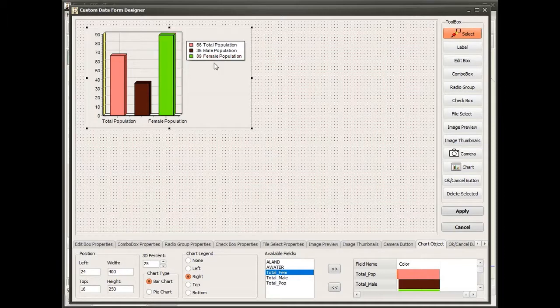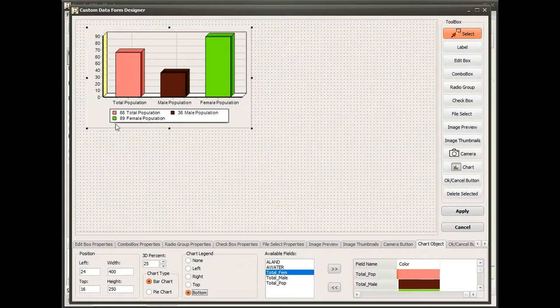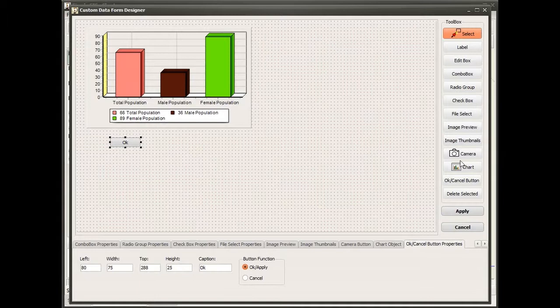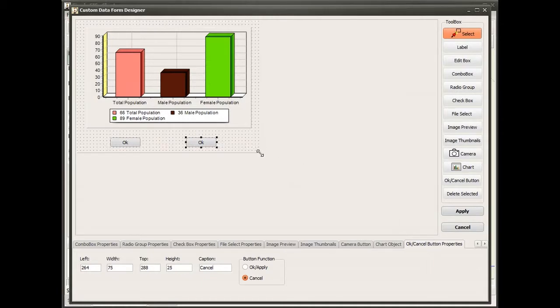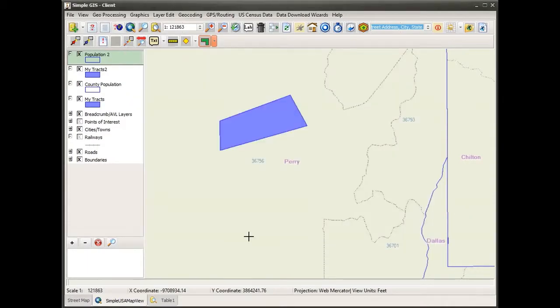And so that's all it takes to add these. Again, I can choose the location of my chart legend. So I'm going to place my legend at the bottom of the chart. And now all I have left to do is add my buttons to be able to dismiss the dialog box. I'm going to add again an OK and a Cancel, just like I did on the previous form that we designed. And then lastly, I'm going to resize my form to fit nicely around my objects. Hit apply and